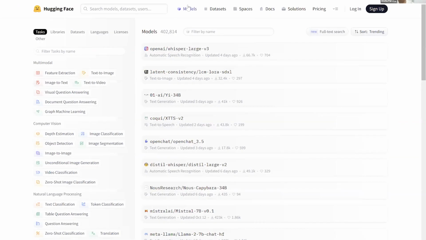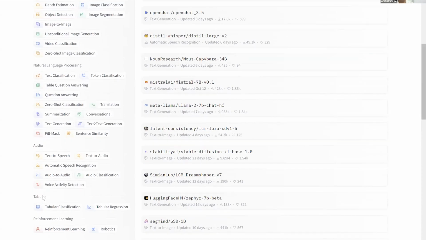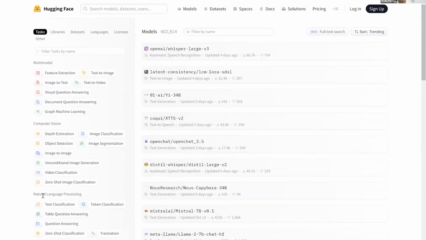You can find multiple models available for multiple segments on the Hugging Face platform, such as multimodal models, computer vision models, pre-trained models for natural language processing, audio, and tabular. You can leverage these pre-trained models which are already available, such as this example of a pre-trained model by OpenAI, Whisper Large V3, that is for audio transcription. You can also use pre-trained models for a variety of different tasks here as well.